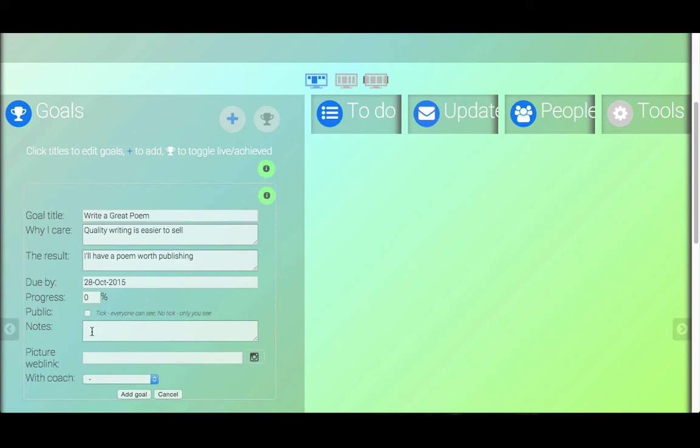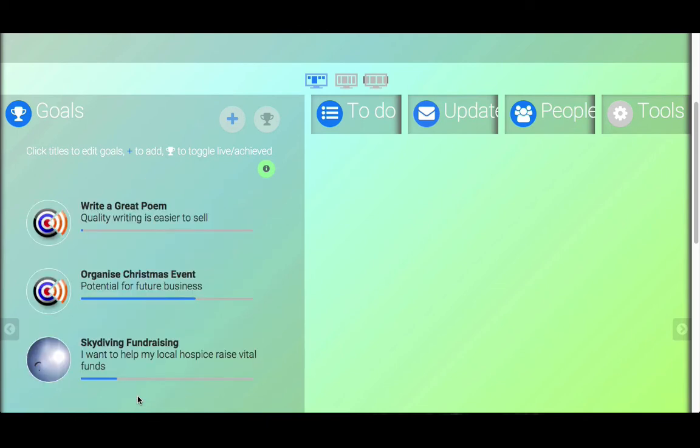Now you can, if you wish, pop notes in here. You can put a link to a picture which is hosted on a website somewhere if you want. But for the moment, this is all that you need to do to create your first goal as a representation of your milestone. So let's just click Add Goal. So there we've got write a great poem, and I said as well that I wanted a second milestone,